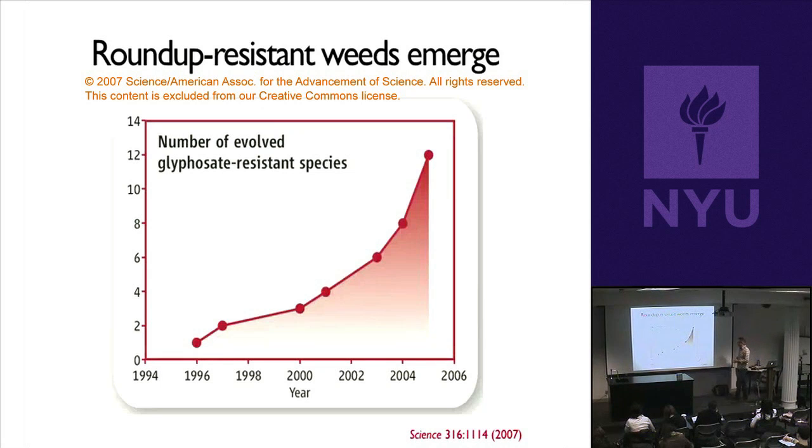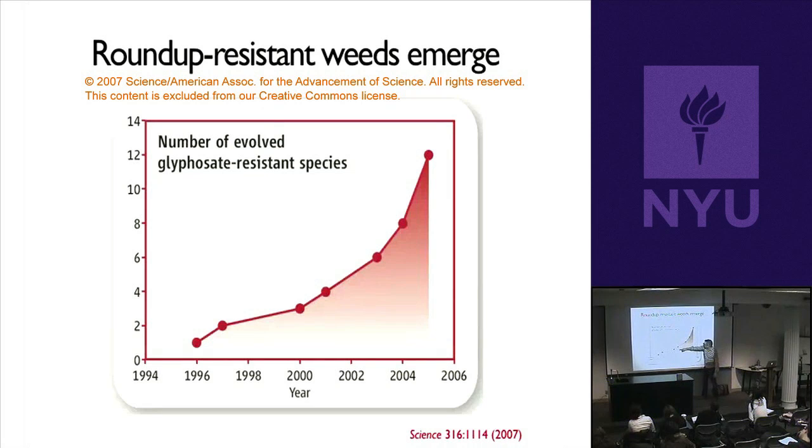Okay, so '96, basically the first case. By 2000, people were sure that these were superweeds. And look at the trend. So just 5 years later, you go from 2 recognized cases in terms of number of species to 12. Okay? And if you follow this trend line,